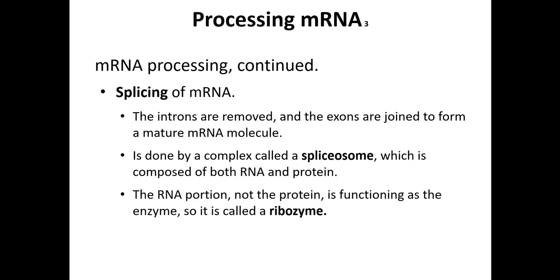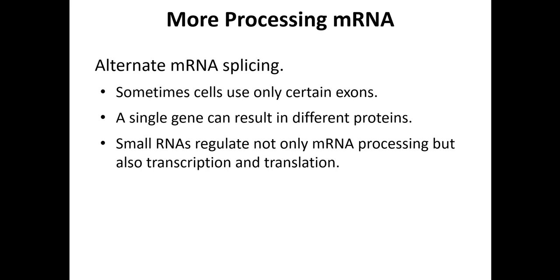The introns are then removed and the exons are joined to form a mature mRNA molecule, and this is done by a complex known as the spliceosome, which is composed of both RNA and protein. The RNA portion is not a protein, it functions as an enzyme, and therefore is called a ribozyme. Alternate mRNA splicing. Sometimes cells use certain exons. A single gene can result in different proteins, and small RNAs regulate not only mRNA processing, but also transcription and